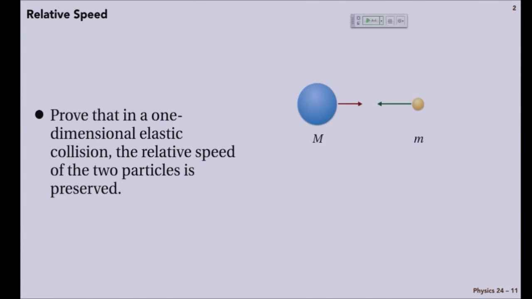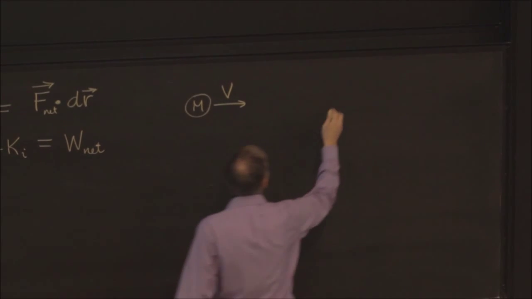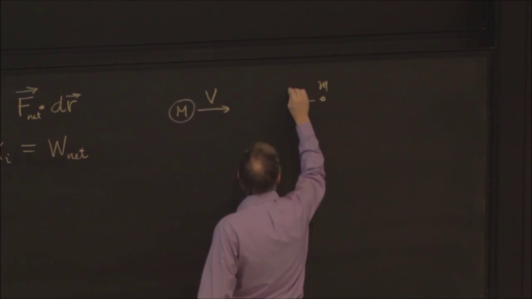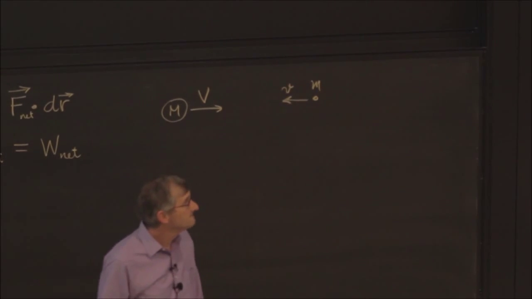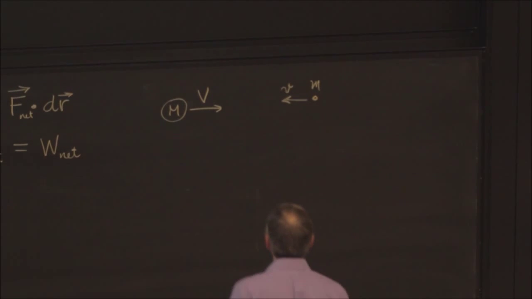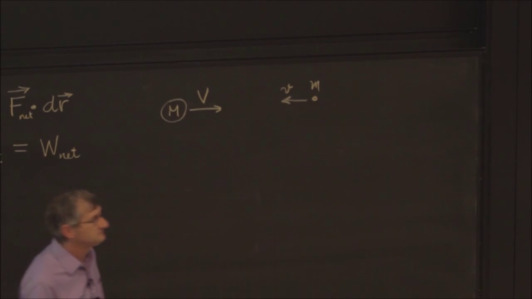So I want to first attack a really simple elastic collision between two masses in one dimension. So I have big M going this way at big V, and I have little m going this way at little v. And in general, what must be true? Well,